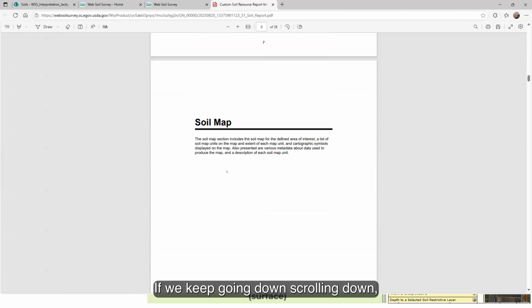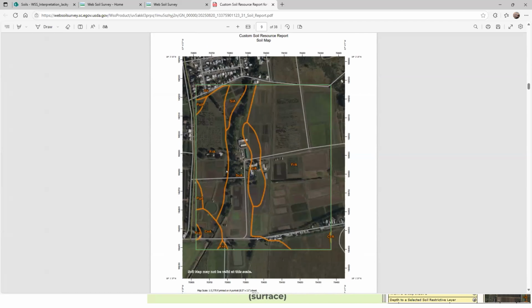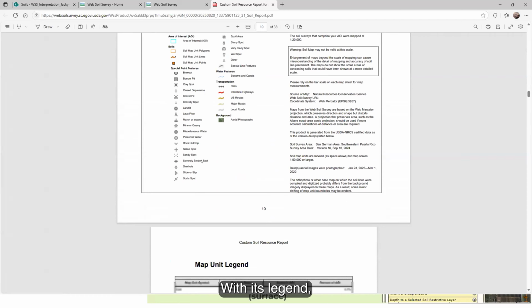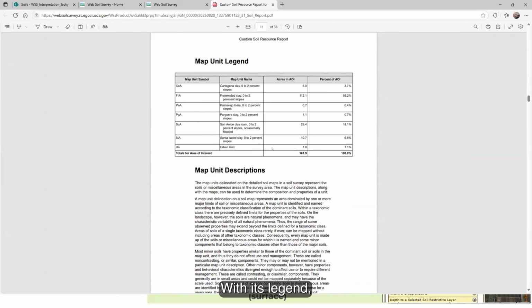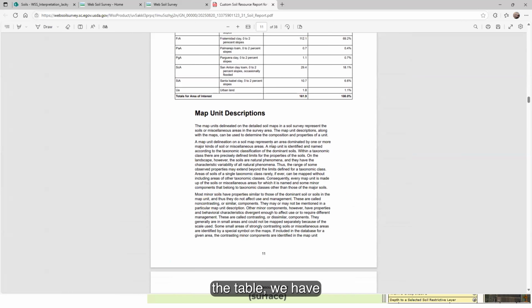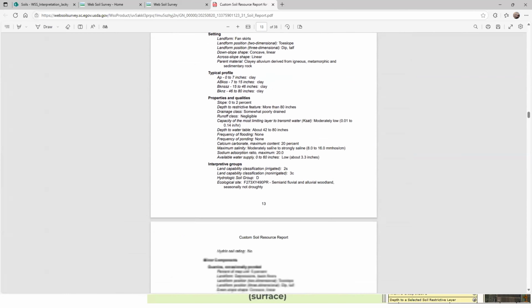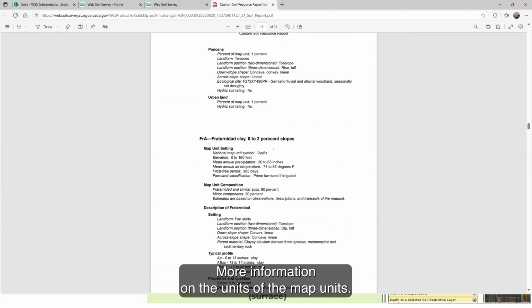If we keep scrolling down, we'll see the first map with its legend, the table where we have all of the map units within the area, and more information on the map units.